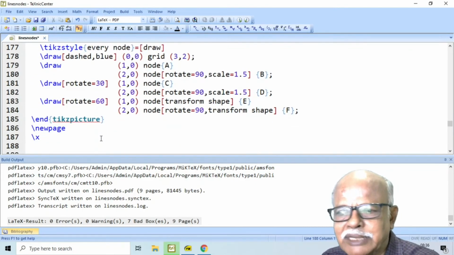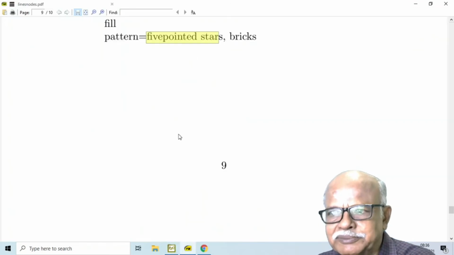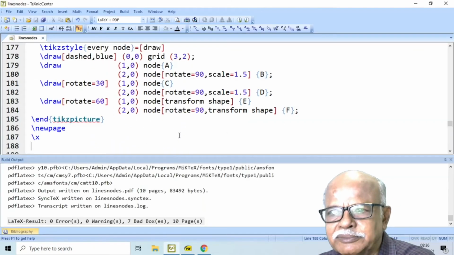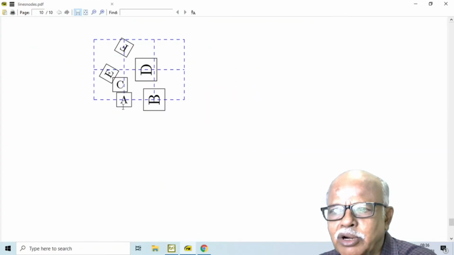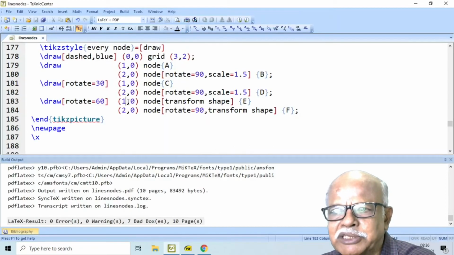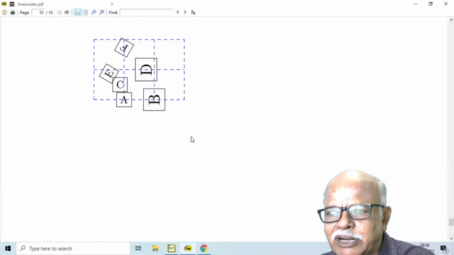Let us now consider a special case. First we have a node A at 1, 0. And then node B at 2, 0, but this is rotated by 90 degrees and scaled by a factor of 1.5.